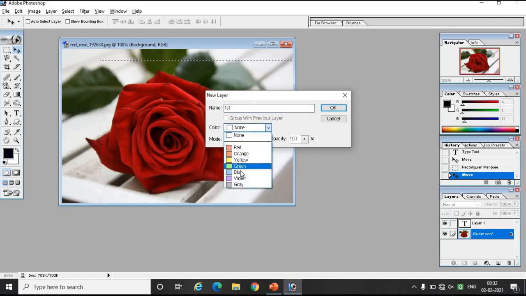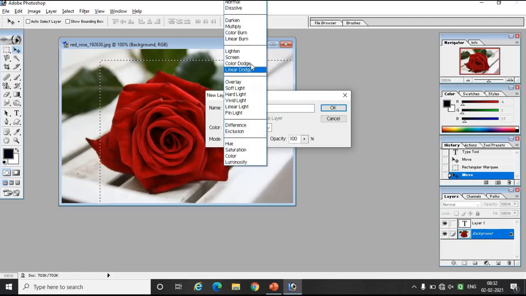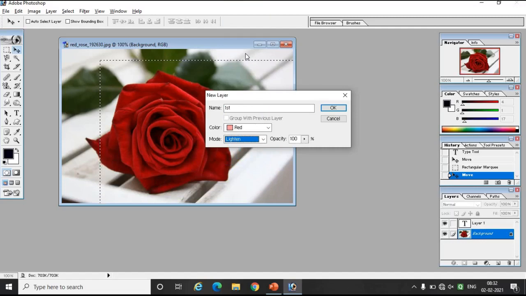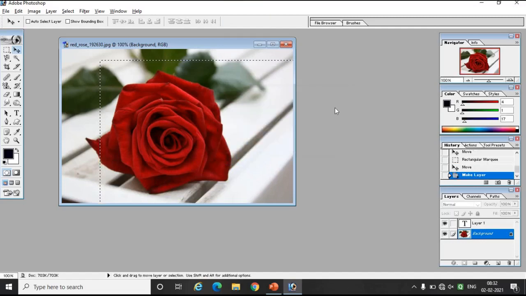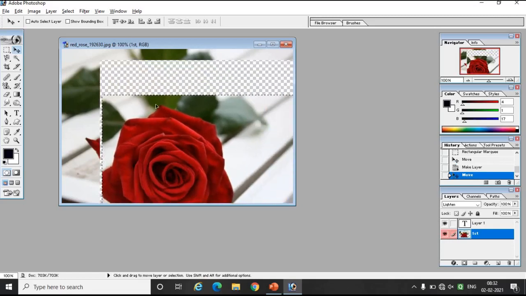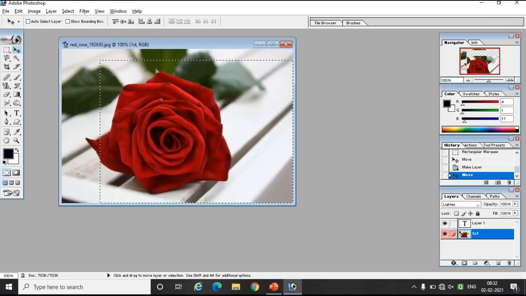So here I am using a red color. And which mode do I want? I want the lighten mode, and the opacity will be the same. Okay. तो ये क्या होगा, ये जो भी चीजें हैं ये बैकग्राउंड वगैरह में चेंज होती है, वो अपने को विजिबल नहीं होता बट वो होती है चेंज. ओके, सो इन दिस वे यू कैन चेंज अ layer,